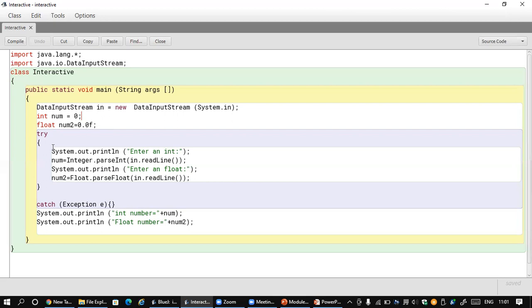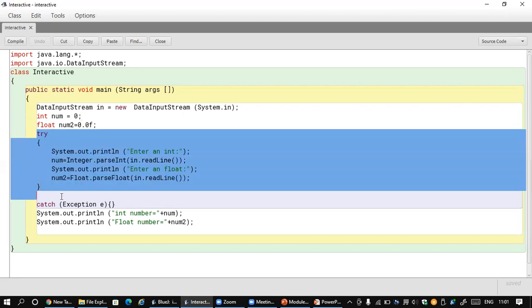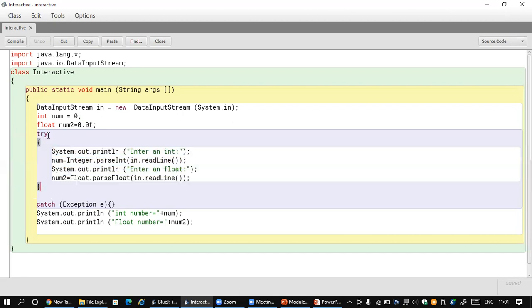Yes, so that part is over. In the next part, from here to here, we have written an exception handling mechanism. Particularly, a try block is defined here, so until we take the input, we keep everything in a try block. Using a display output statement, we print "Enter an integer" on the screen, which will prompt the user to enter the integer value.